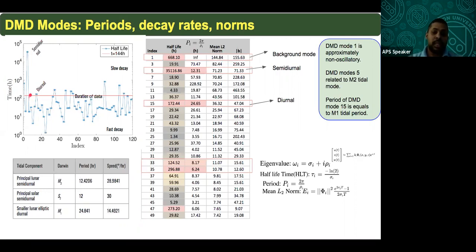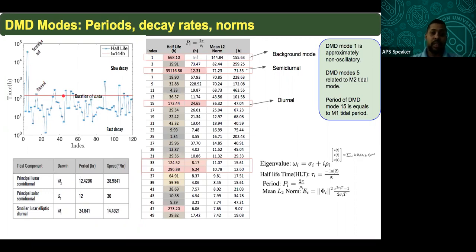We can see some of the modes have a big half-life time, which means they are slowly decaying. Some of the modes have a low half-life time, which means they decay very fast. And when we think about which modes have a decay rate lower than, or a half-life time more than, the data set we had,